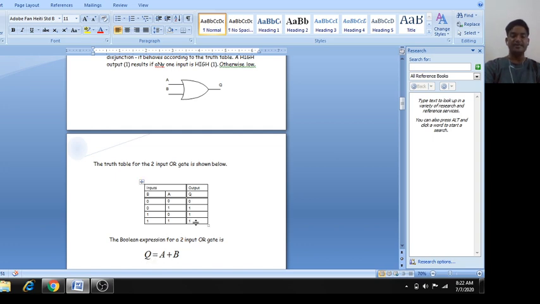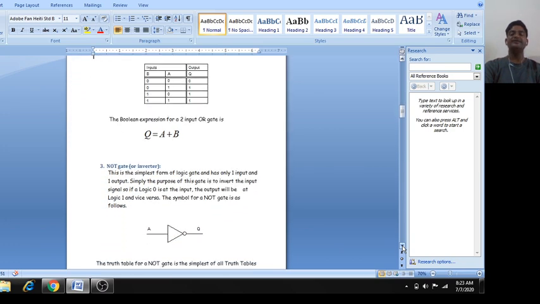Now in this case you can see there is only one maxterm, 0 0, and there are three minterms. Now according to the maxterm, we will write down the expression. 0 means A, B, and this 0 means A plus B. POS is nothing but the product of sums. In this case, X equal to 0, X bar equal to 1. So the expression will be A plus B.